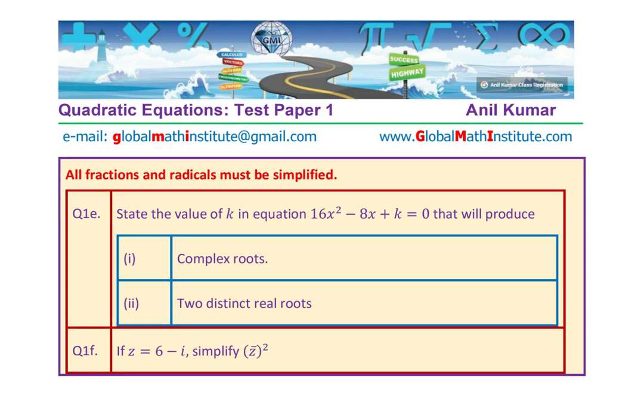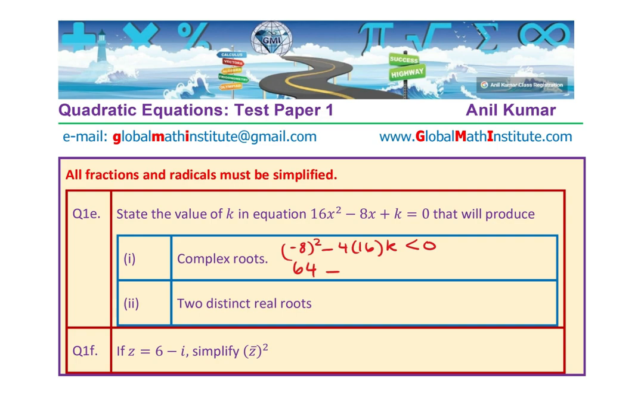E. State the value of k in this equation that will produce a complex root. Means discriminant is less than 0. So b square minus 4ac is to be calculated. So we have 8 square. So let's say b square is 8 square minus 4 times a is 16 times k, right? For complex roots, this has to be less than 0. Correct? So 64